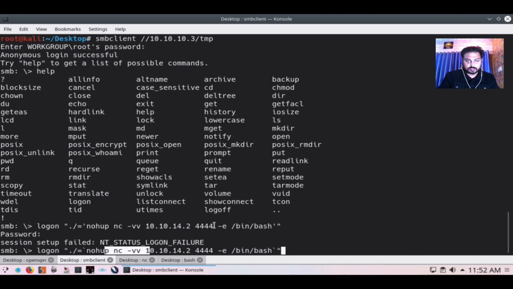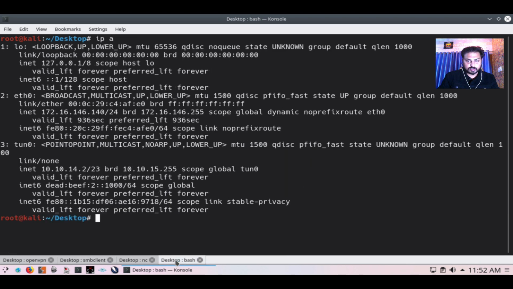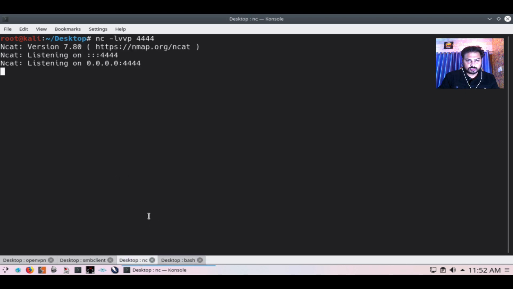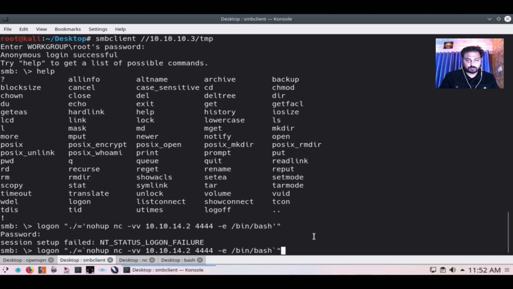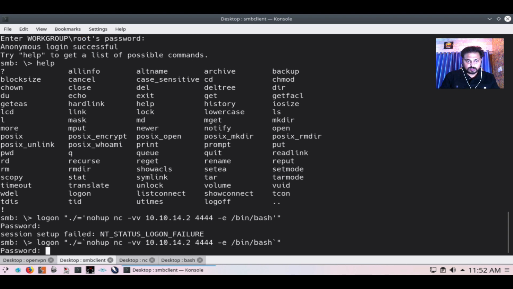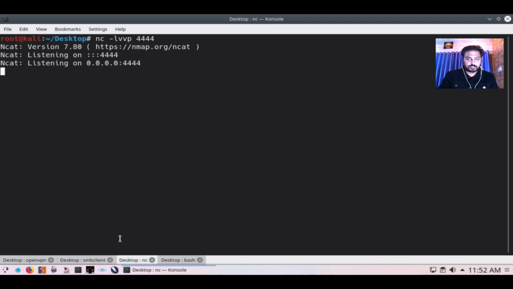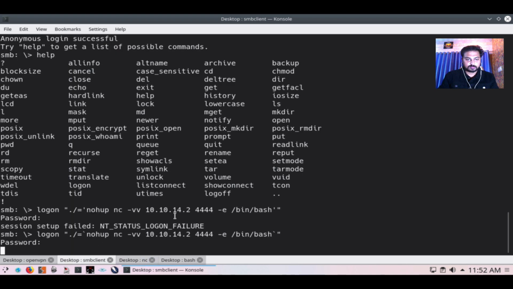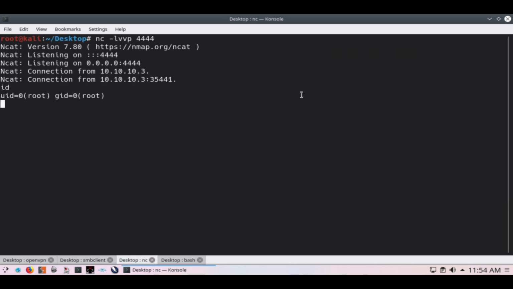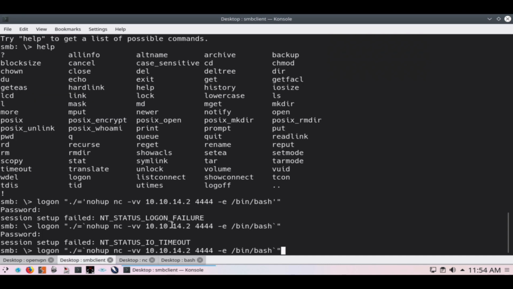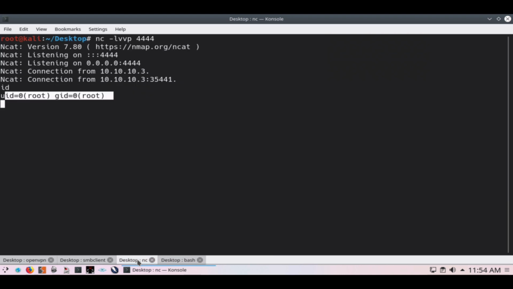Now I have resolved it, and let's check whether we're able to get the shell or not. Here nc is running, fantastic, and now when you press enter, let me check if I'm able to get the shell. This is the nc, and still I didn't get any shell. Just waiting for the shell. So here you go, you got the root connection. See here from this section, when I ran this command, I got the shell.